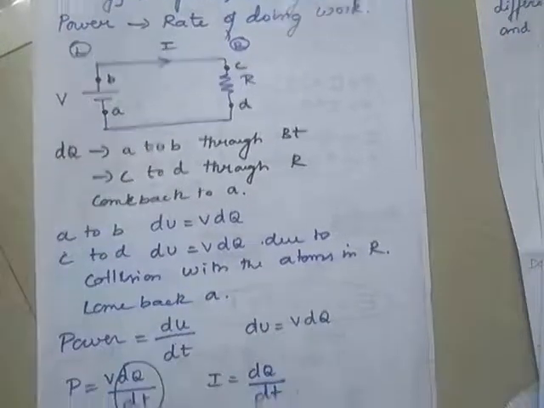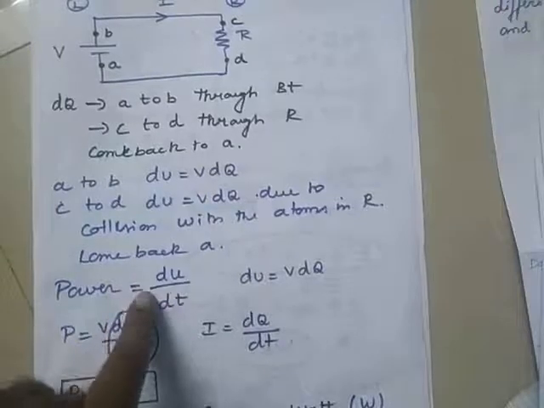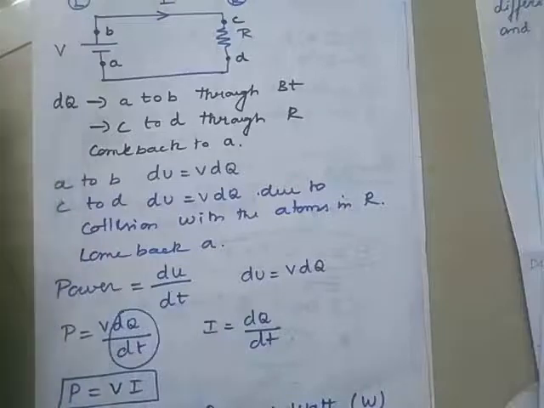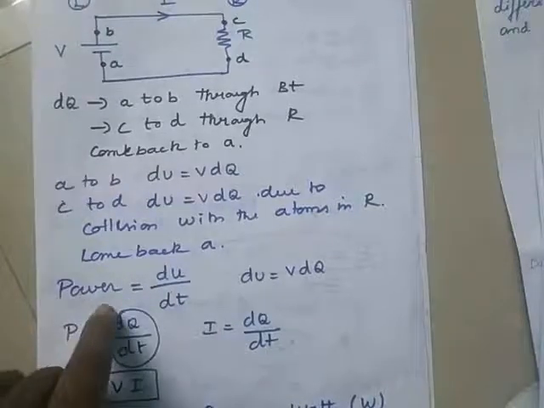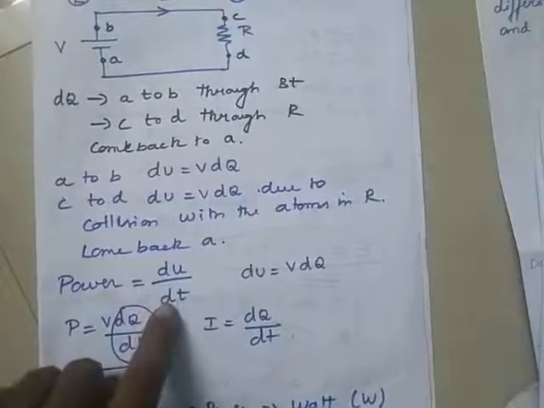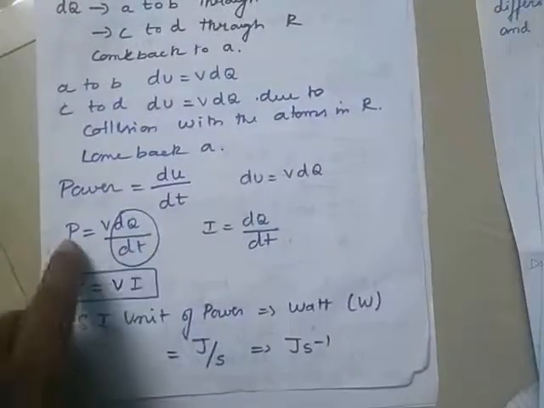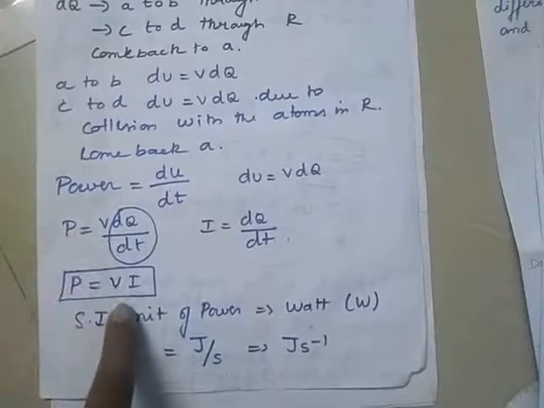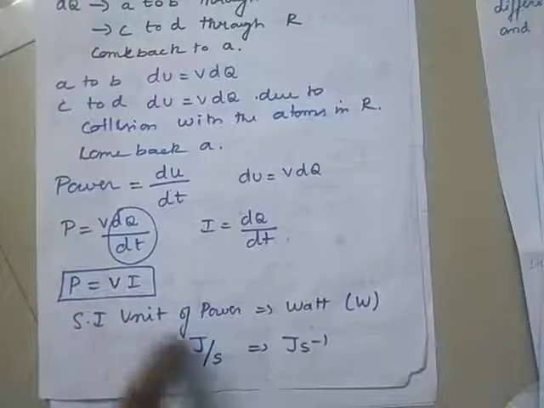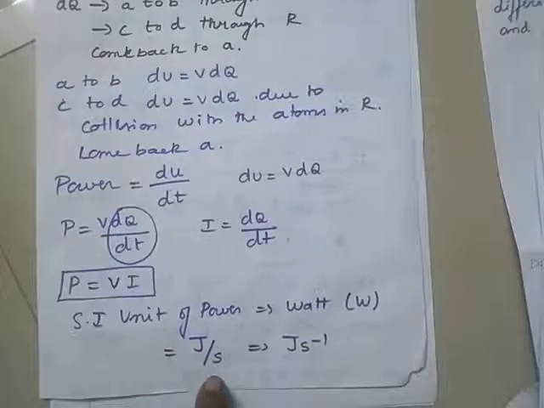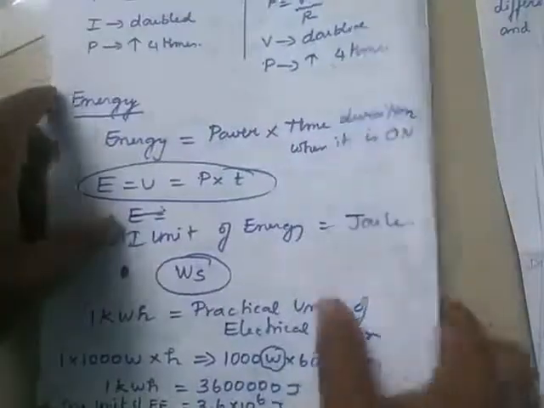Then here we calculate the rate at which the potential energy is wasted, that means delivered. That is known as power. Power is the rate at which the potential energy is delivered. Then we know dU is equal to V dq. Substituting here, we get the expression P is equal to V into I. The unit of power is watt and it can be represented as W. One more unit can be written as joule per second from this expression. Next we will see the other forms of power.